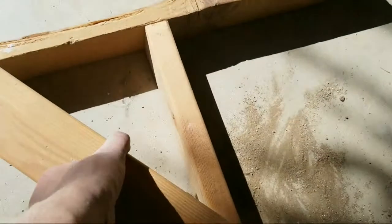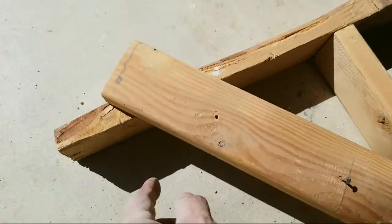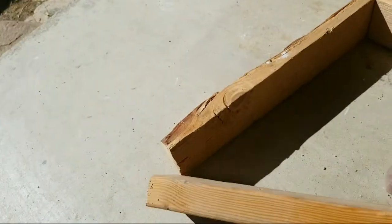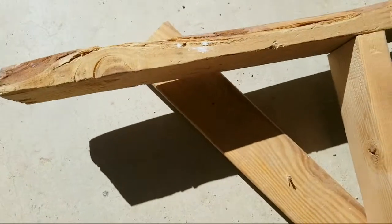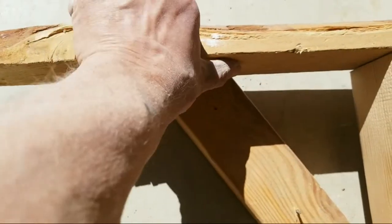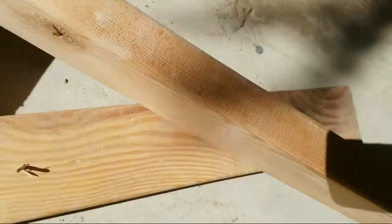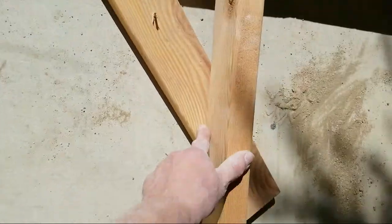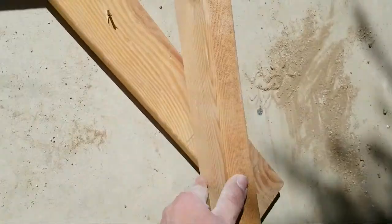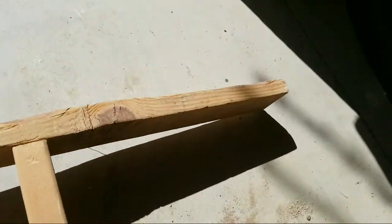You take your 2x4, lay it on edge, lay it flat, and then mark it. We'll do it like this. You get this at your angles. You take this and your pencil and you scribe your 2x4. You come over here and scribe the 2x4 right alongside, and then you have your angles. You cut those angles, put them in place, nail it together on each side, and you would have